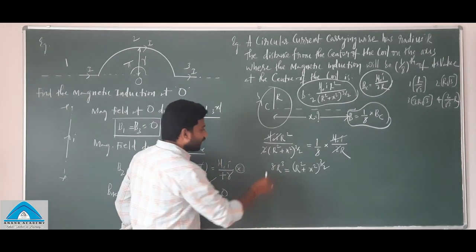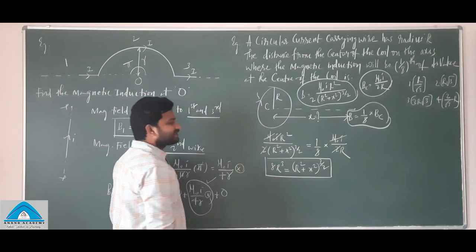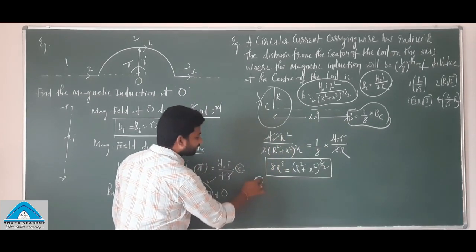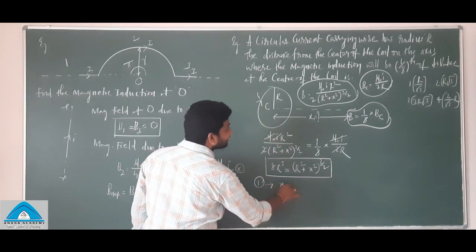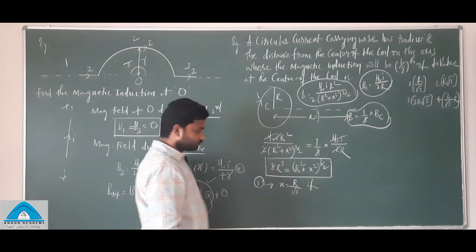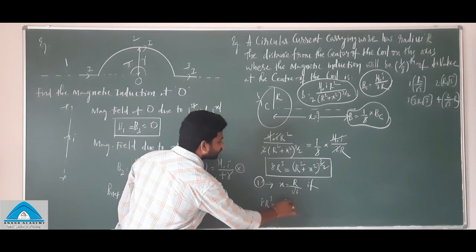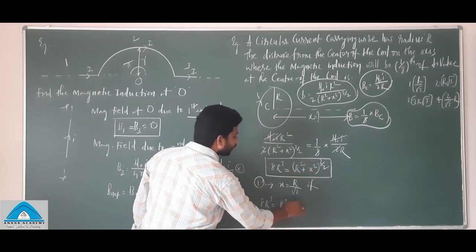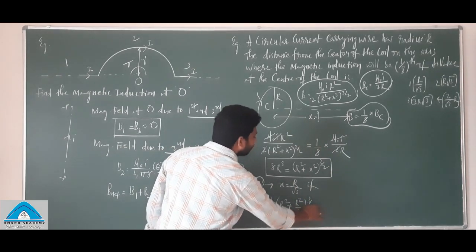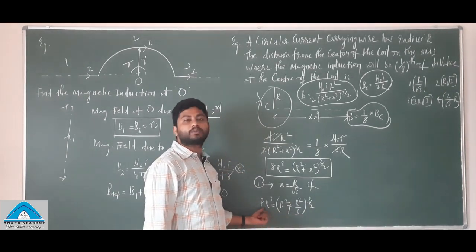Understand? So write down 8r cubed is equal to (r square plus x square) whole to the power 3 by 2. So you can substitute the first option, for example. Let's take the first option: x is equal to r by root 3. Then 8r cubed should equal r square plus x square, where x square is r square by 3, whole to the power 3 by 2. You need to check whether you get 8r cube or not.